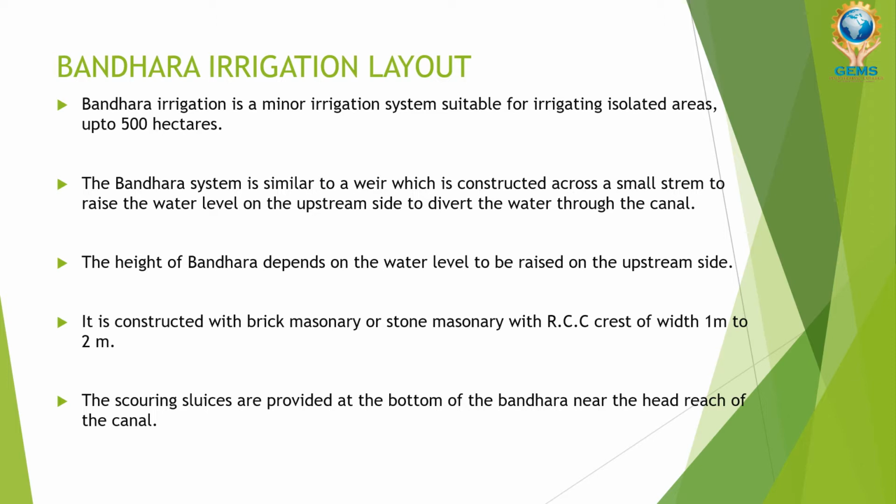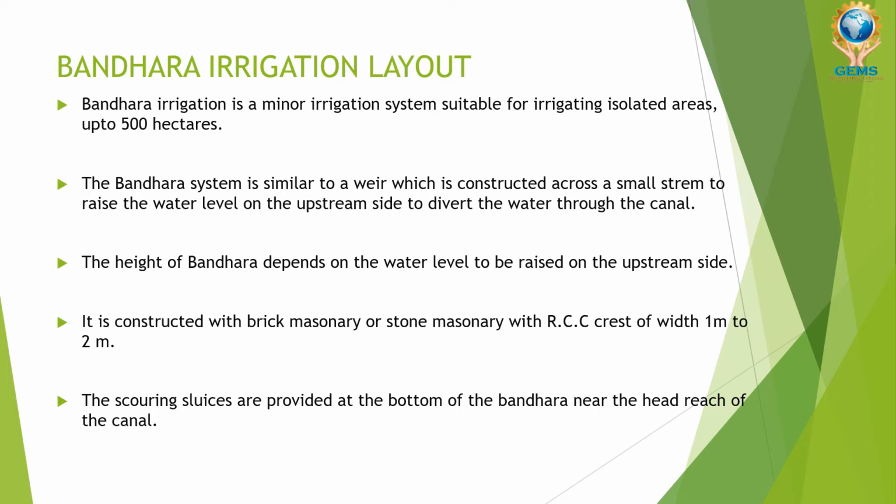up to 500 hectares. I mean hectares should be irrigated. The Bandra system is similar to a weir. Do you know what a weir is? It is a portion of a dam where the water flowing from the reservoir is regulated and then moves to different irrigated lands through the weir systems. It moves the water from the upstream side to the downstream side with high pressure. This is the purpose of a weir.